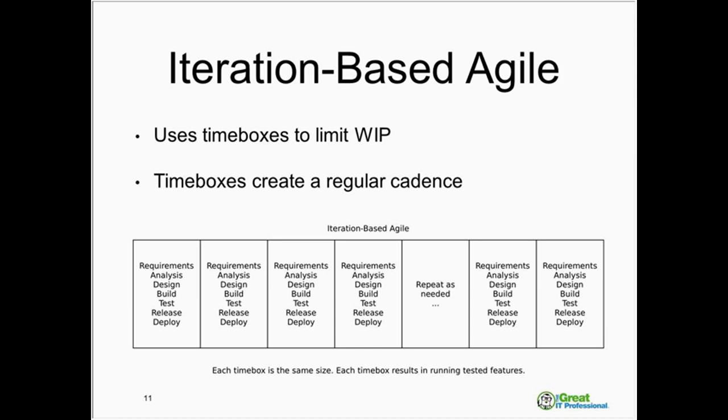So, time box iteration based agile is a really good idea. You get a cadence every week, every 2 weeks, every 3 weeks, every 4 weeks. I have a problem with an agile approach where time boxes are longer than 4 weeks. I actually don't like it longer than 2 weeks, but that's me. And you can see we know what we can deliver on a regular basis. Now, time box and iteration based approach to Agile means you have to get to done inside of every time box. You finish what you start. Otherwise, you have